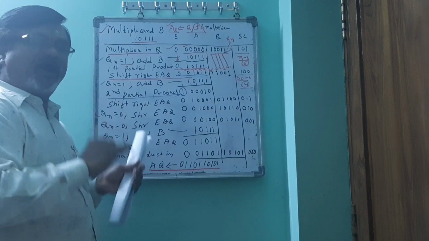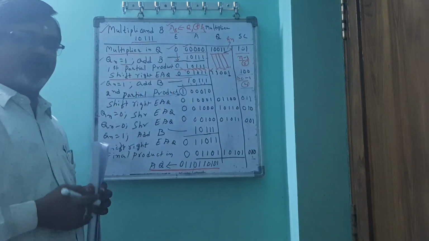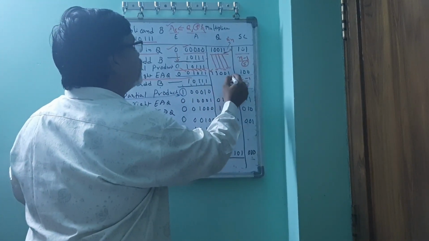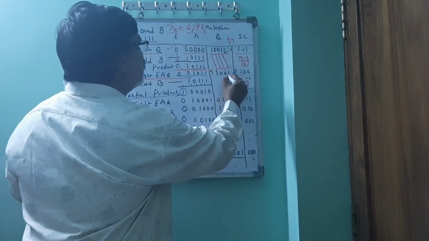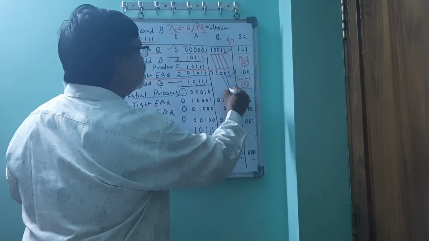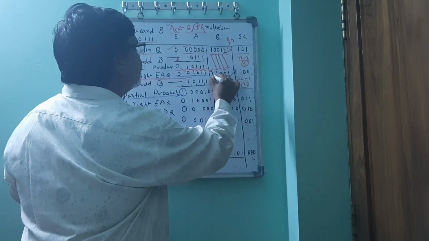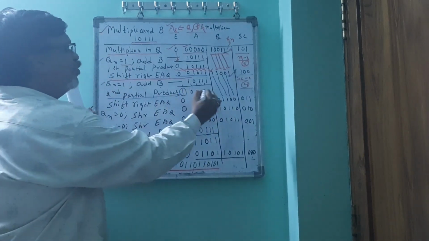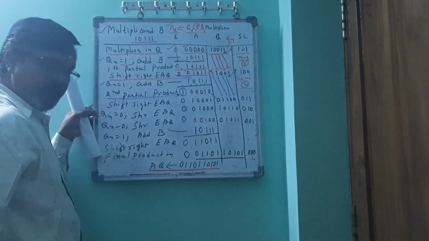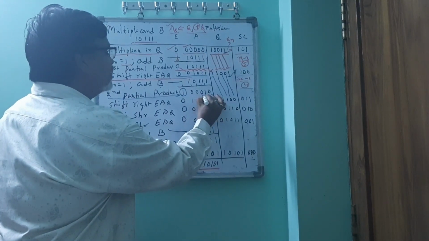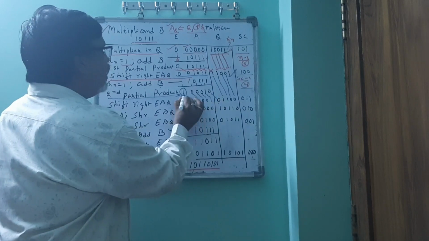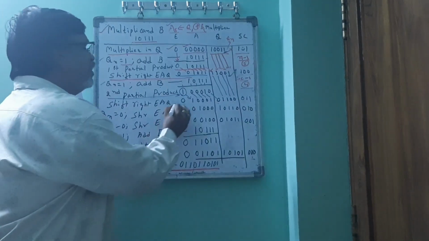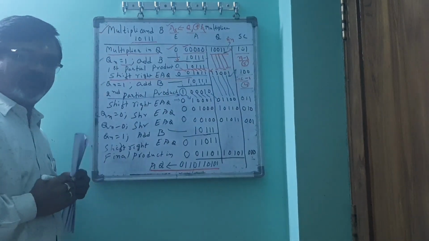After adding, we have to again shift right and then the sequence counter should be decremented. So we are shifting right the EAQ. Shifting right means this one bit went out and then this 0, this 0, this 1, this 1. After that, the most significant bit of Q is moved with the least significant bit of A. Then this will be shifted like this. Now here the end carry value, the E flip-flop, the extended flip-flop, will be moved, so this is filled with 0. Fine.